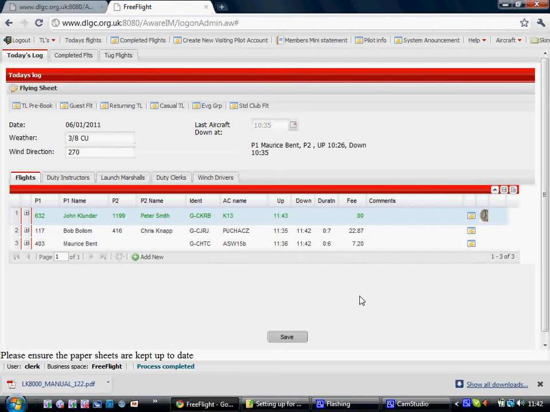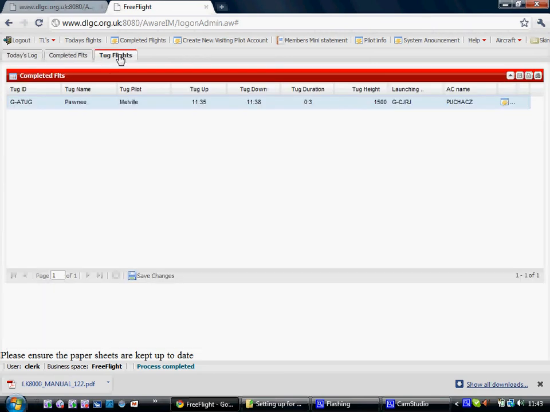Just one or two other things to point out. Take a look at the fee for the Aerotow flight that's been completed at £22.87. What I'm going to do now is we will assume that we have discovered the actual pull-off height of that flight. Now, it doesn't really matter when you do this, whether you do it on the day by means of a radio transmission down from the aircraft, or when the pilot lands, when he's got a spare minute, or whether you do it another day via the administrator in the office. But at some point you will need to go to the tug flights, and